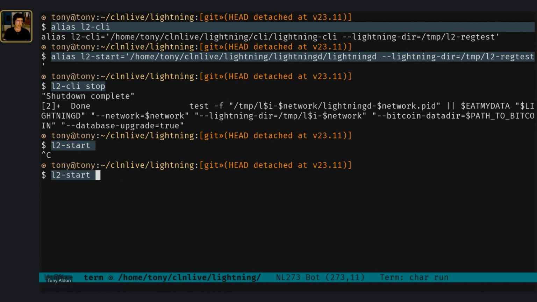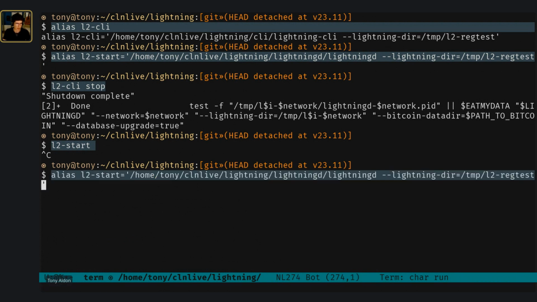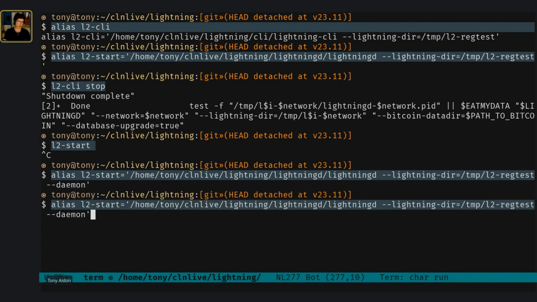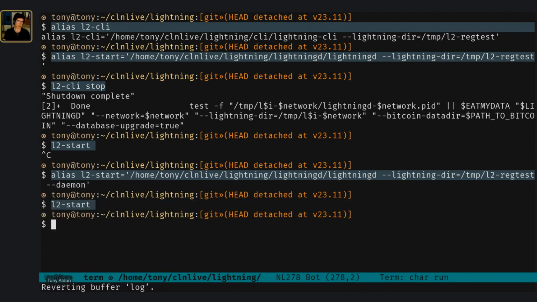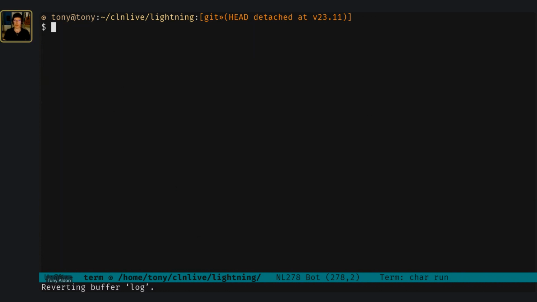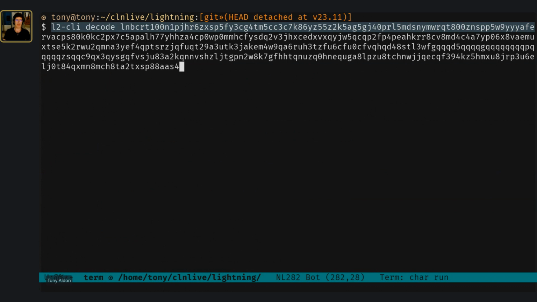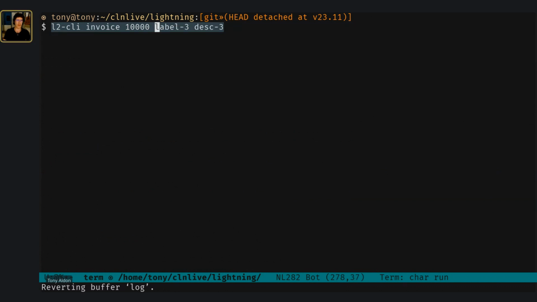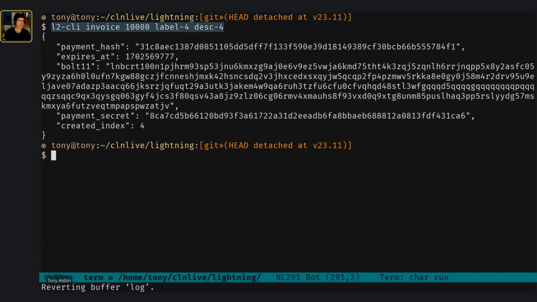Sorry, I wanted to do an alias, but maybe we want to add daemon. So start daemon. So it started. We generate a new invoice, level 4, description 4. We have that, and now